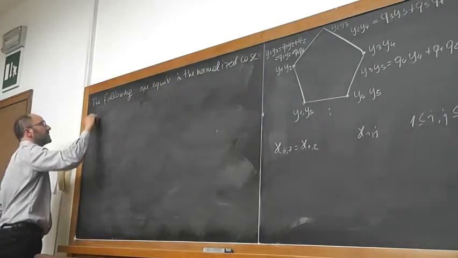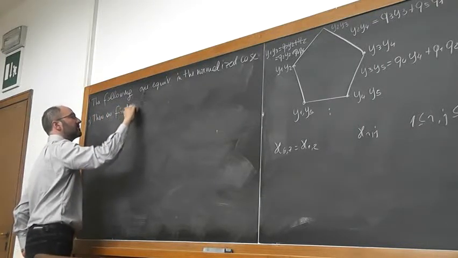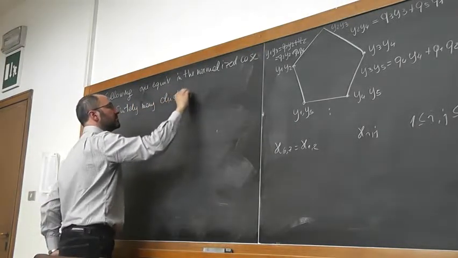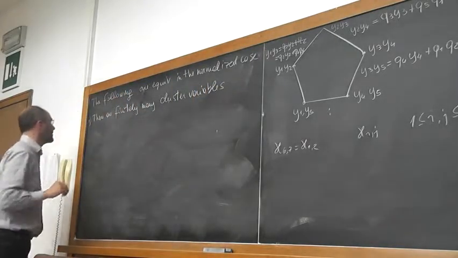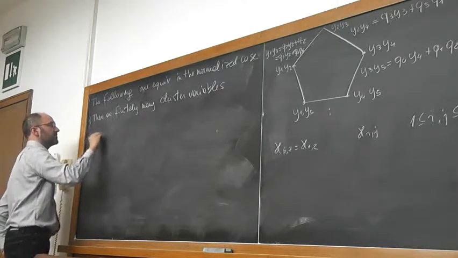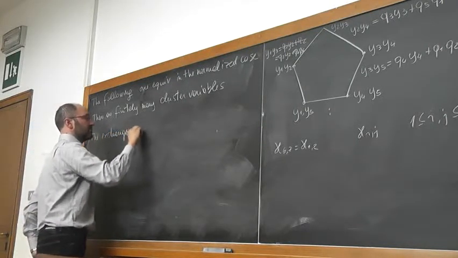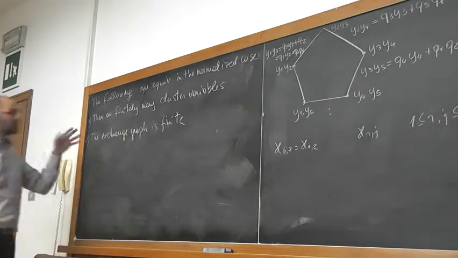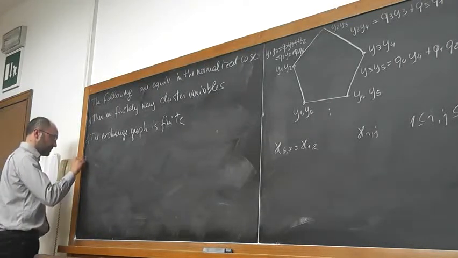One, there are finitely many cluster variables. Two, the exchange graph is finite. Of course, these two are trivially equivalent. And three,